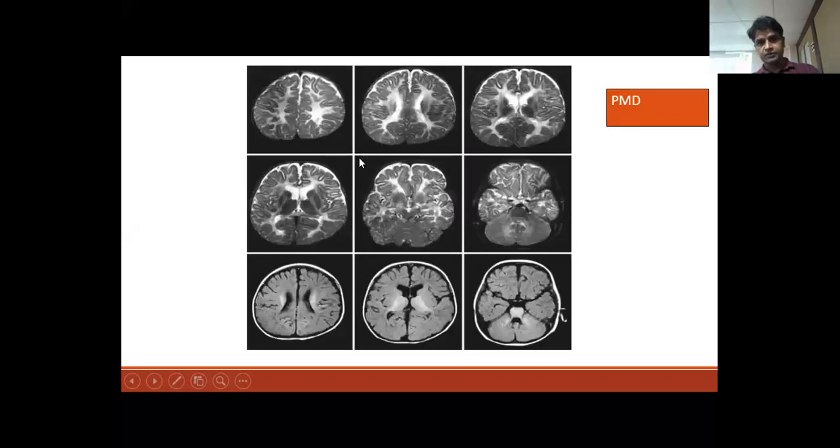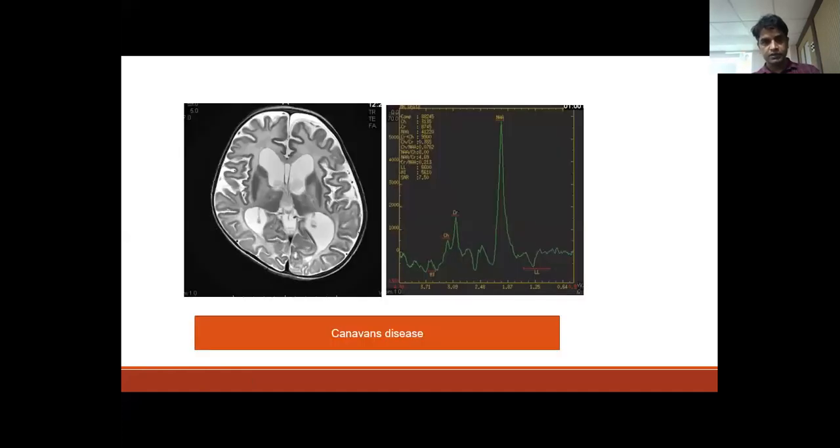And again, this is a picture of a hypomyelination syndrome, Pelizaeus-Merzbacher. This is a 3-year-old child. Here, this is a T2 weighted MRI. In T2 weighted, CSF is white, and white matter should be dark. But here you can see the white matter is still very bright after 2 years. Usually by this time the child should have been myelinated and it should appear hypointense or dark. So that's Pelizaeus-Merzbacher. And this is a child with Canavan disease, large head, again white matter involvement, and you will see